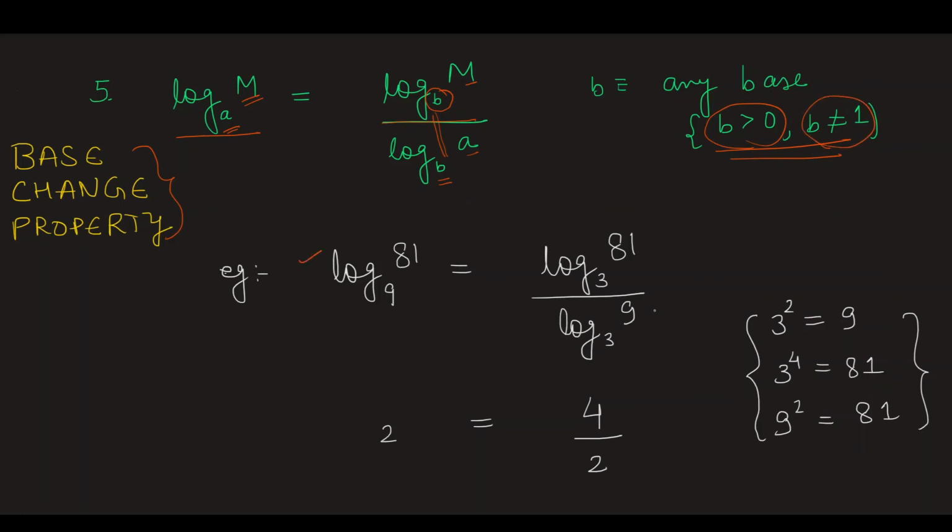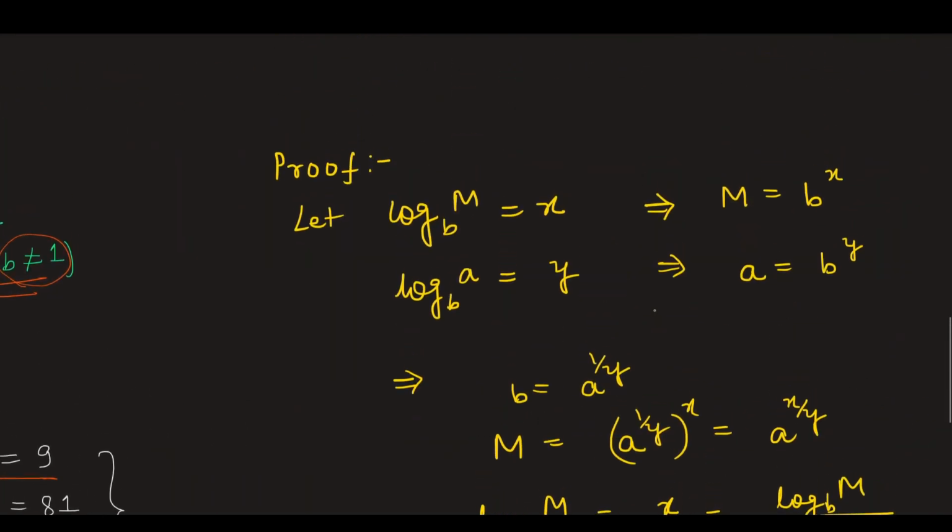So if we have to take an example, log 81 to the base 9, we know that 9 square is 81. So we can directly write 2, but we can change it in this way also: log 81 to the base 3. In this case we have chosen the common base to be 3. So this is 4 because of this, and log 9 to the base 3 is 2 because 3 square is 9. So it is also coming 2. Hence it is a valid property. Okay, so if we have to give a proof of it,